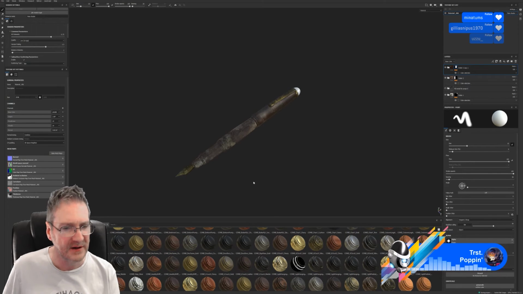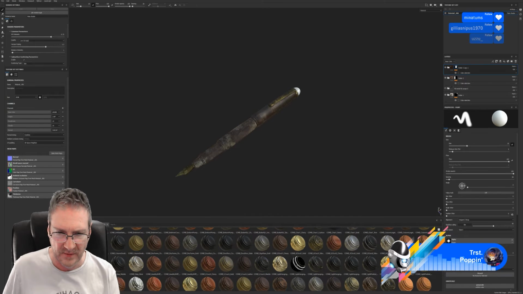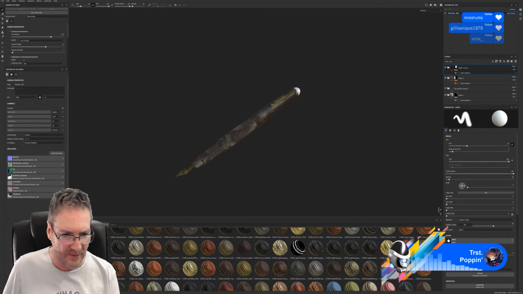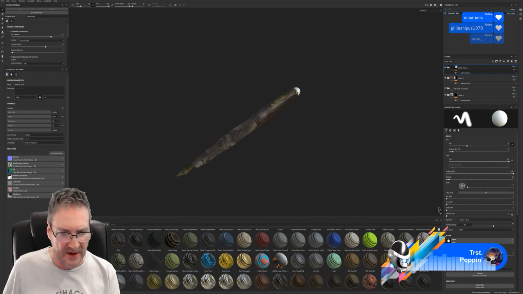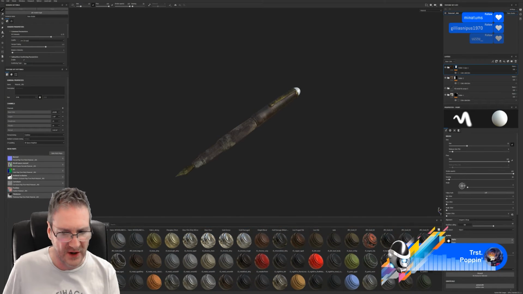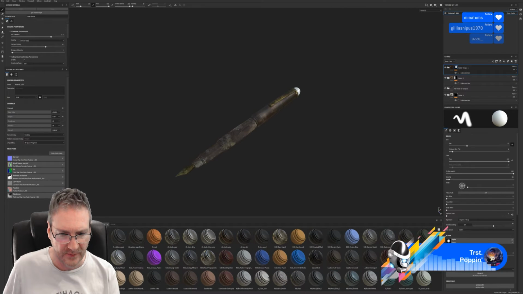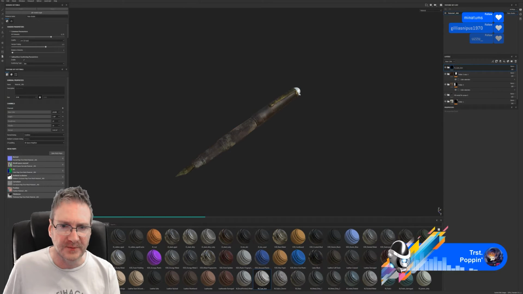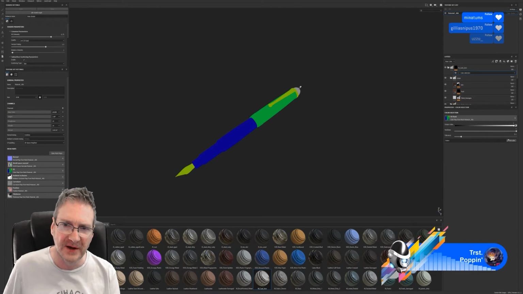Let's make sure we did a save here. I'm just looking for something for that little bit on the end there. I think I do want it to be a light colour, like a white, but an off-white. Let's have a look at this one. And let's mask with colour selection to that nib of the pen.